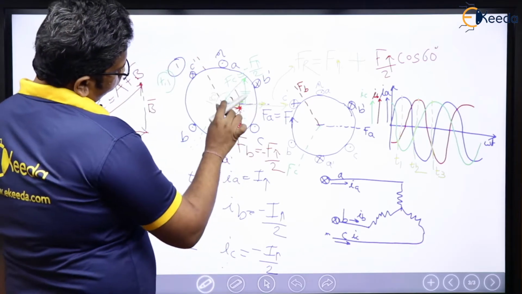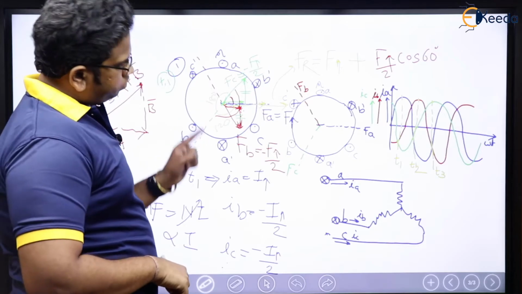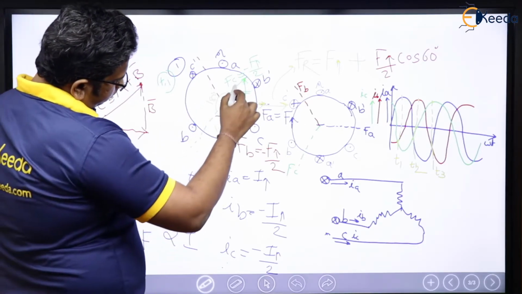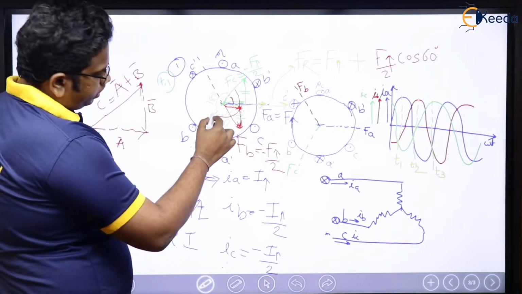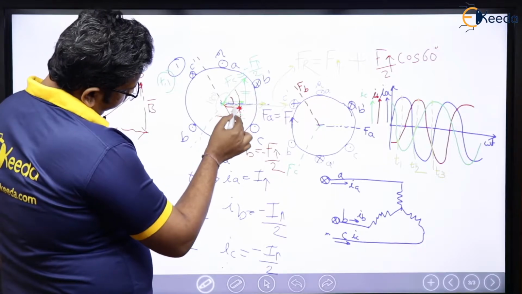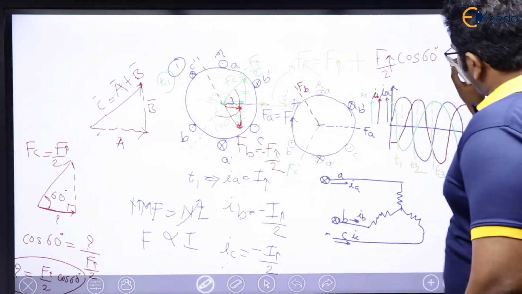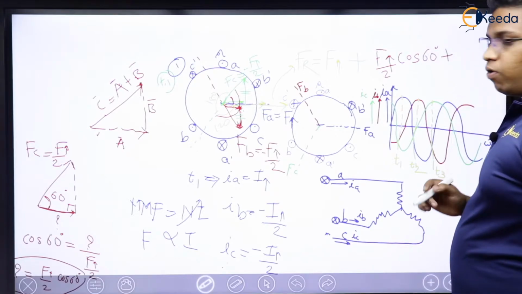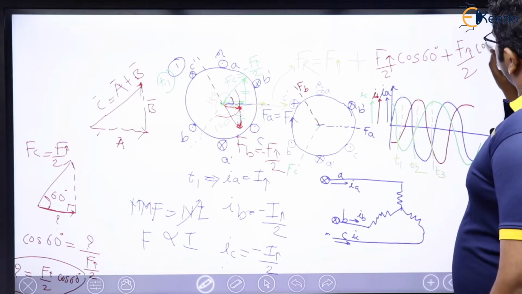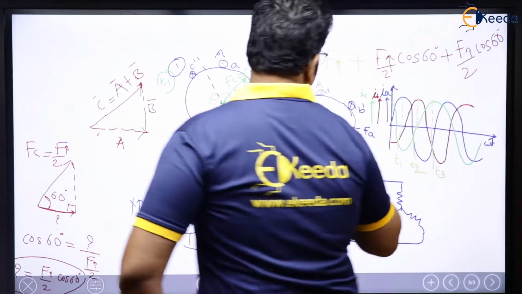But this was only for this particular green component. What about this red component? Same story will come. See here. This complete angle is going to be 180. This is going to be 120. If this is 60, this has to be 60. So again, if you see here also, same thing will come. What will be that? F maximum by 2 cos of 60 degrees, which means